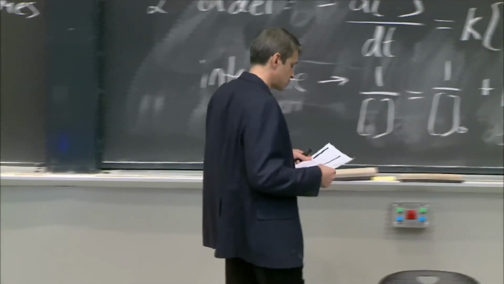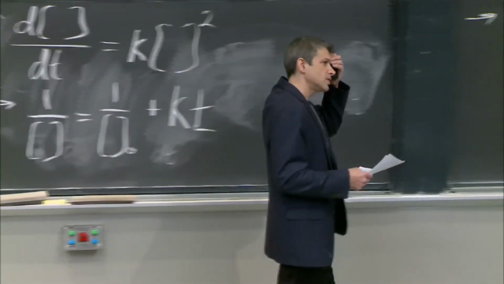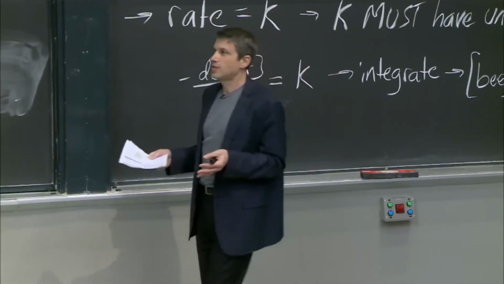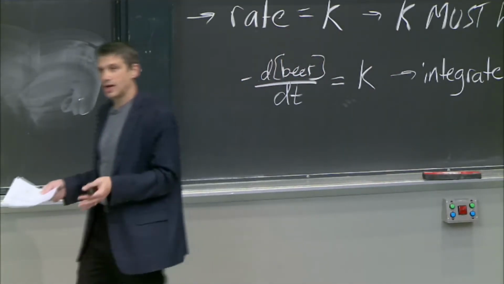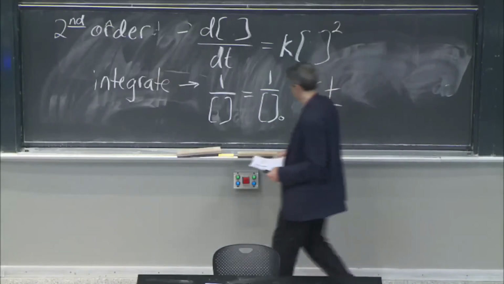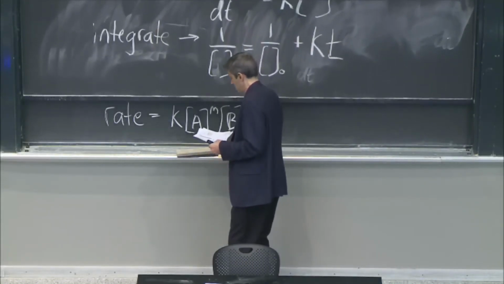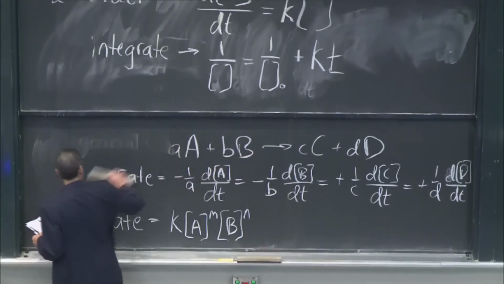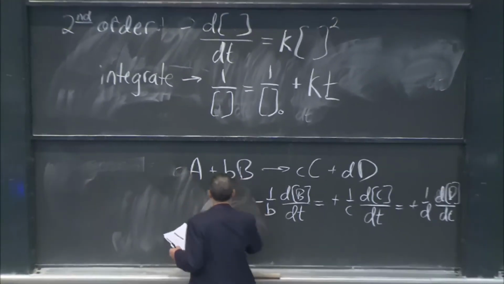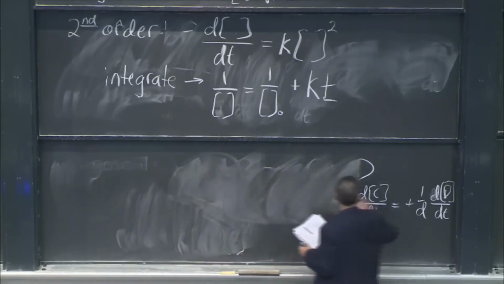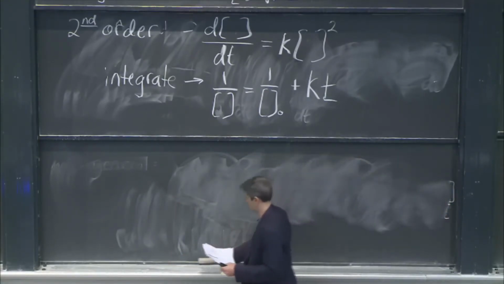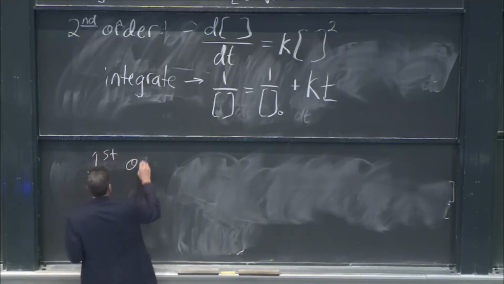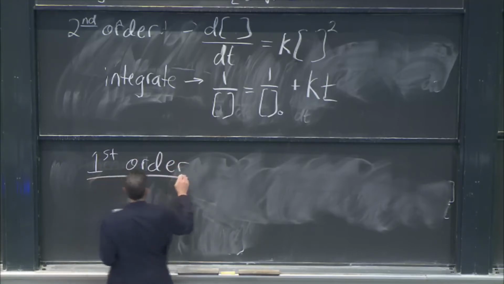temperature. One more thing you can do once you know the rate law is you can calculate how long it takes for the concentration to be cut in half, right? If I know the rate law, then I can calculate the half-life. That's what that's called, right? So, for example, let's suppose it's first order, then